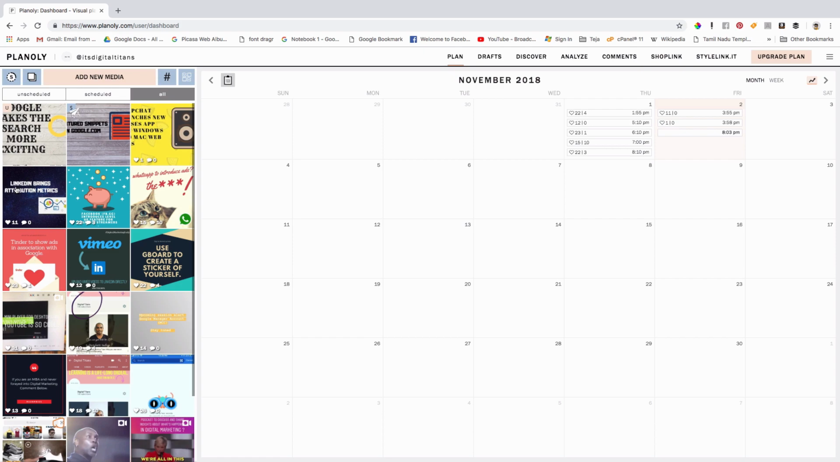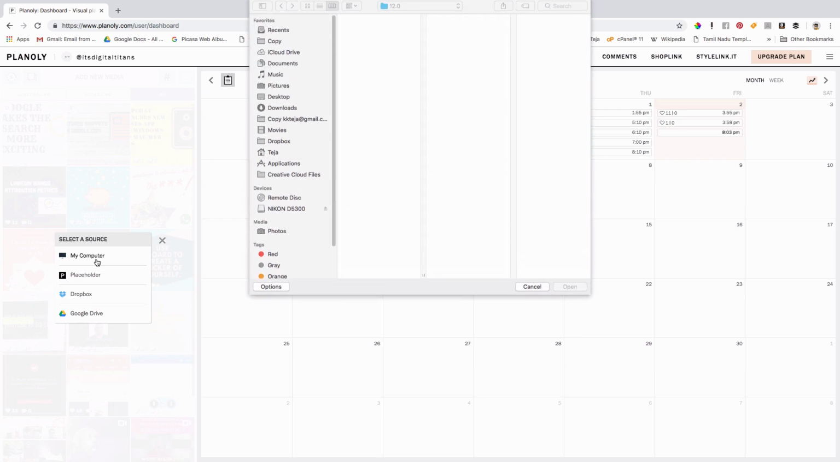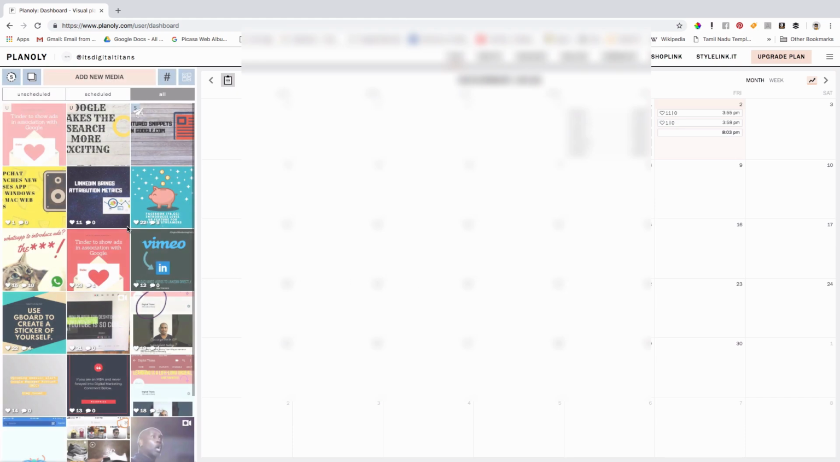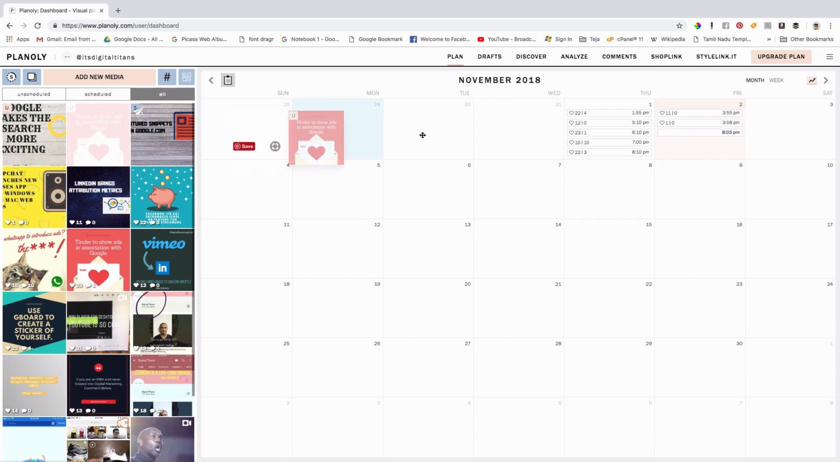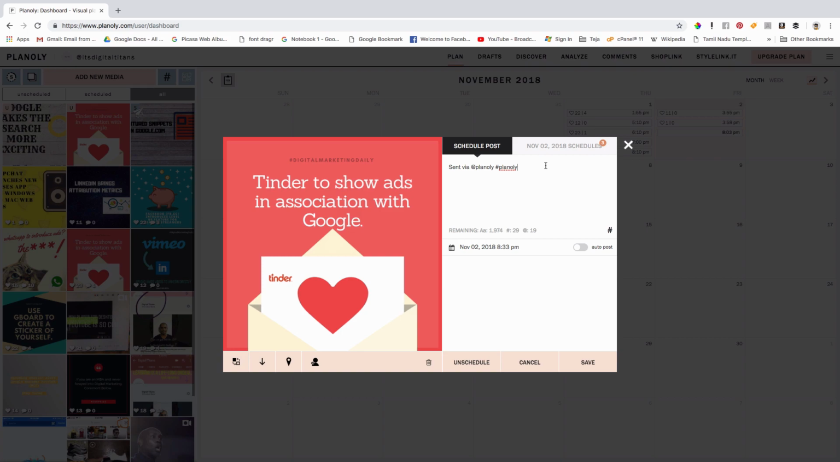Alright, so these were from the profile, so I need to add media, right? So you need to add new media, from the Dropbox or from your computer, wherever you can. Just go to your computer. Let's say downloads, should be this one, right? So let me open it up. There you go, right? Now it says you here, which means this is unscheduled. Now I can drag and drop this here, right? Send via Planoly,